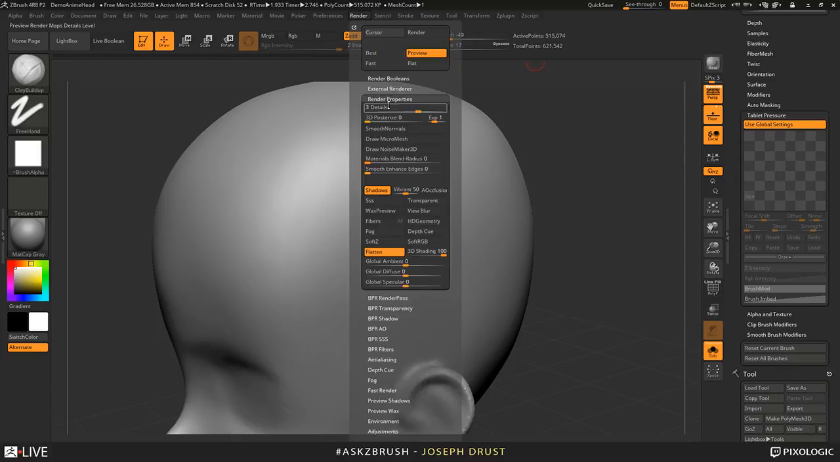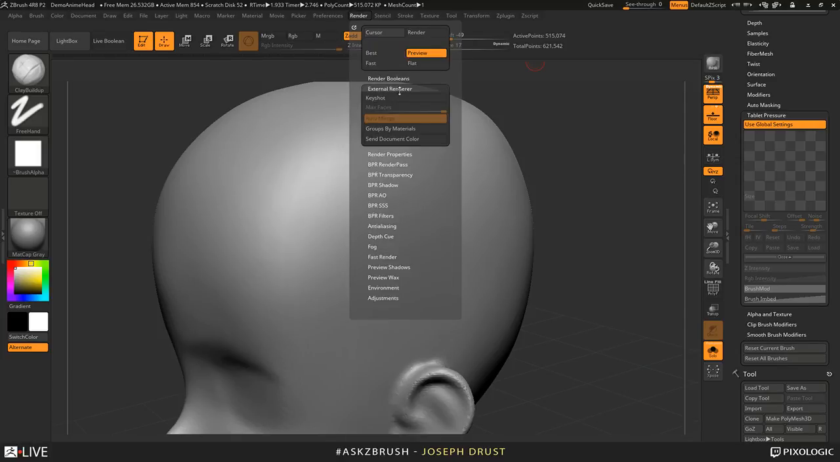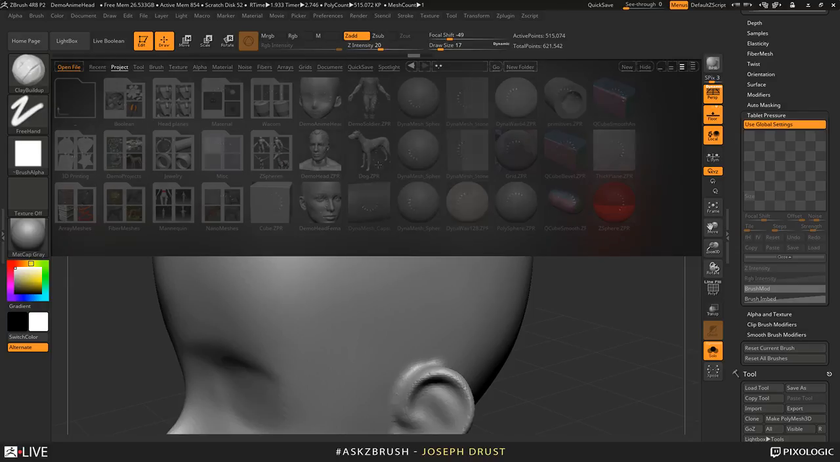So for the renderer here for KeyShot, you have the option to group by material, and you can also have your model split up as subtools. So it will send over as subtools, or it will send over as materials. So you could technically, if you had these polygroups set up, what you can do, if you're just doing this for a rendering purpose,